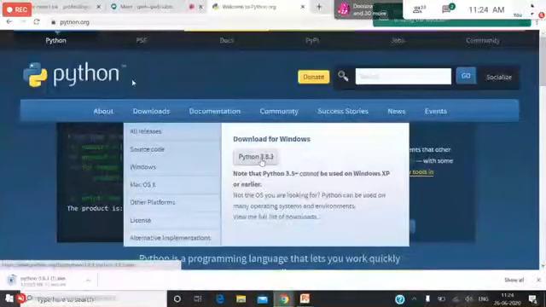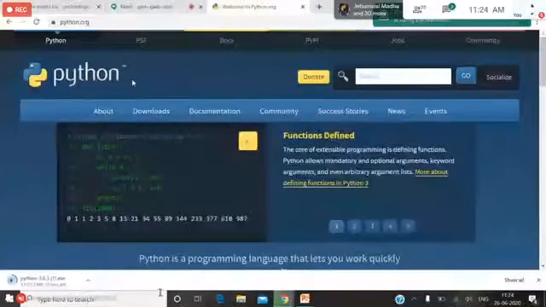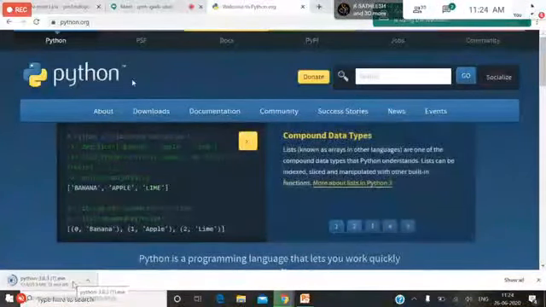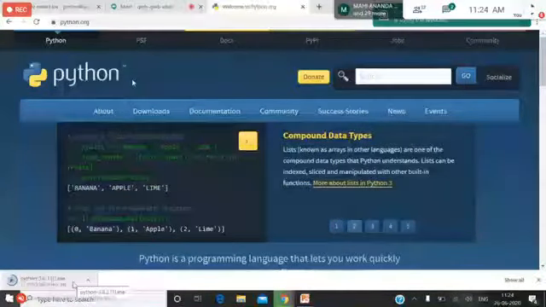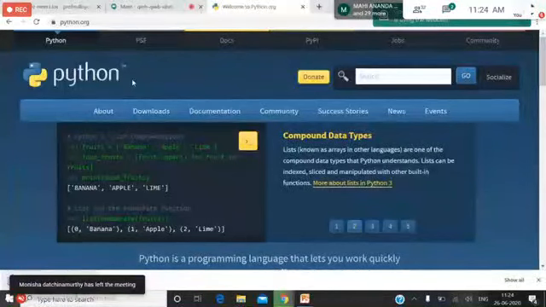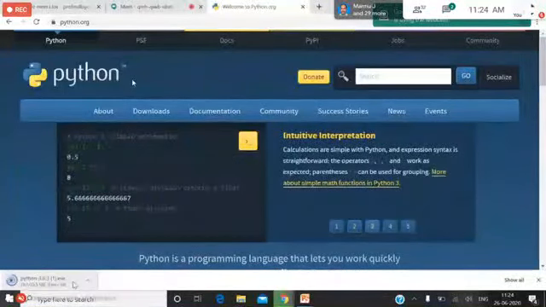I have already installed this particular Python in my system. At the bottom of my screen, Python 3.8.3. I have installed it already in my machine. I am waiting for it to download.